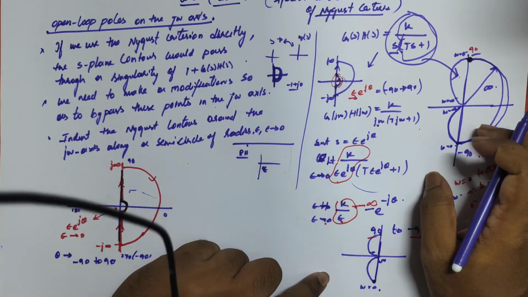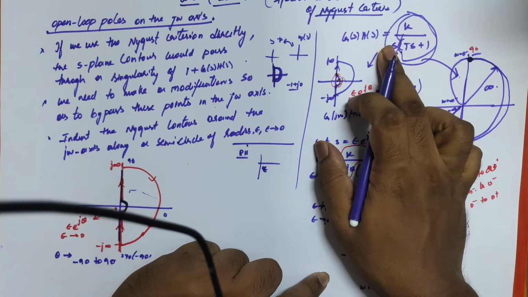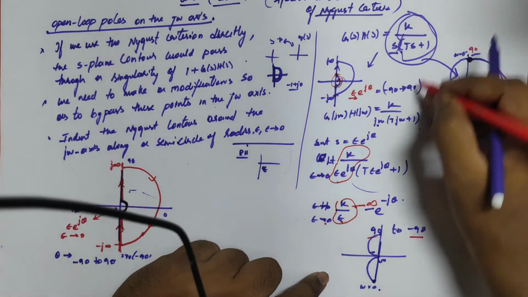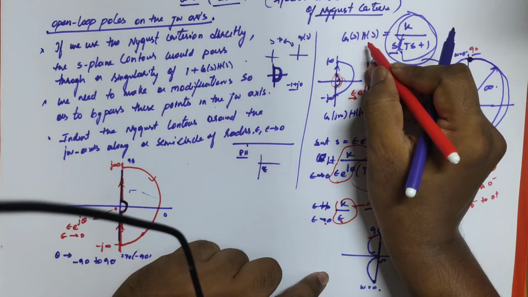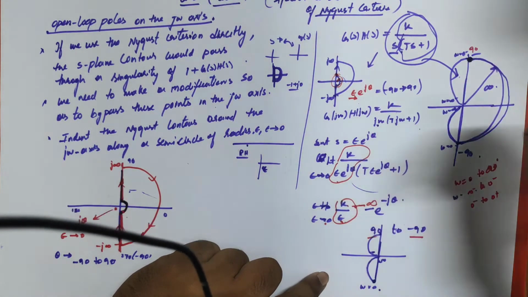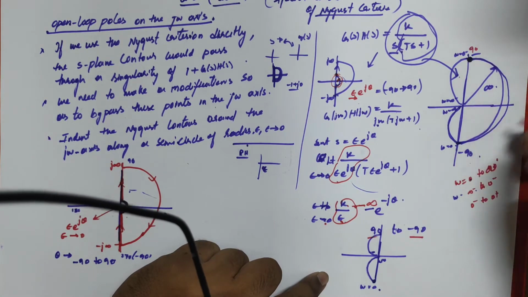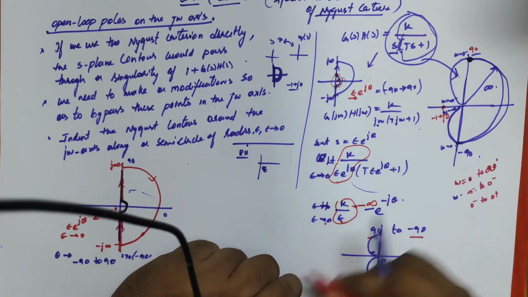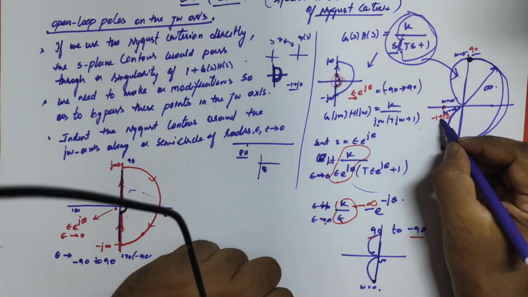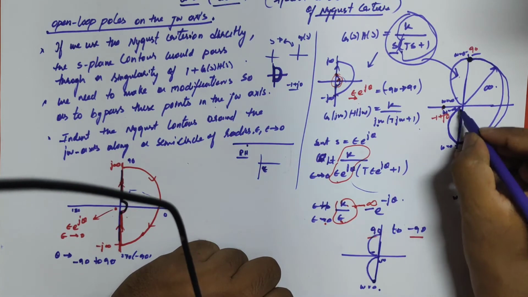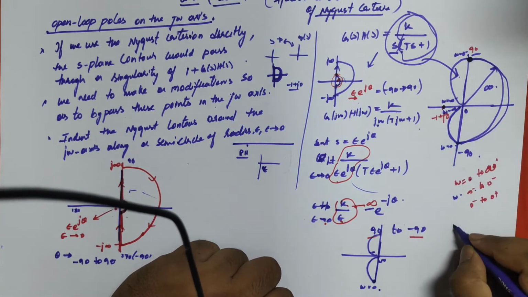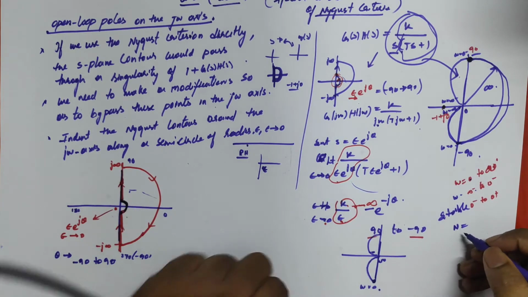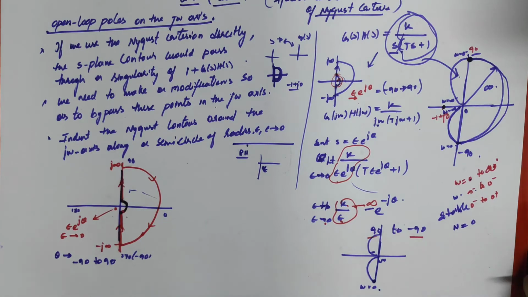Okay, we drew the total Nyquist plot by considering the pole at origin. Then what about the matter of stability? My stability concern is that I drew the polar plot for the open loop system, but what matters is the closed loop system. It should encircle what? Minus 1 plus j0. So if this is my point minus 1 plus j0, it will reside here, but the actual plot is here. So there is no encirclement. For the stability concern, what we have to see is that my encirclement is 0.